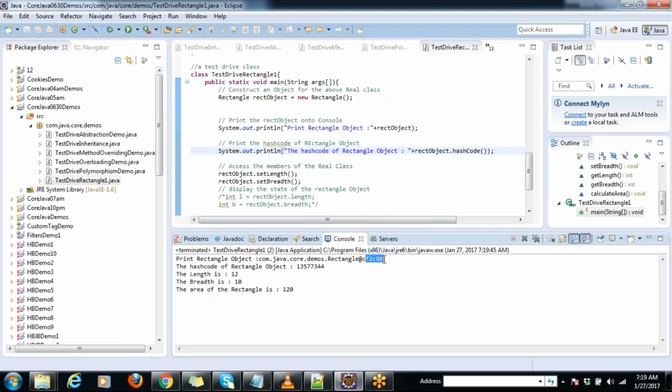So CF2C80 and 13577344, you can see, remains the same after the second time execution also. Third time execution, fourth time, fifth time, sixth time, 10 times, multiple times. So you can see here